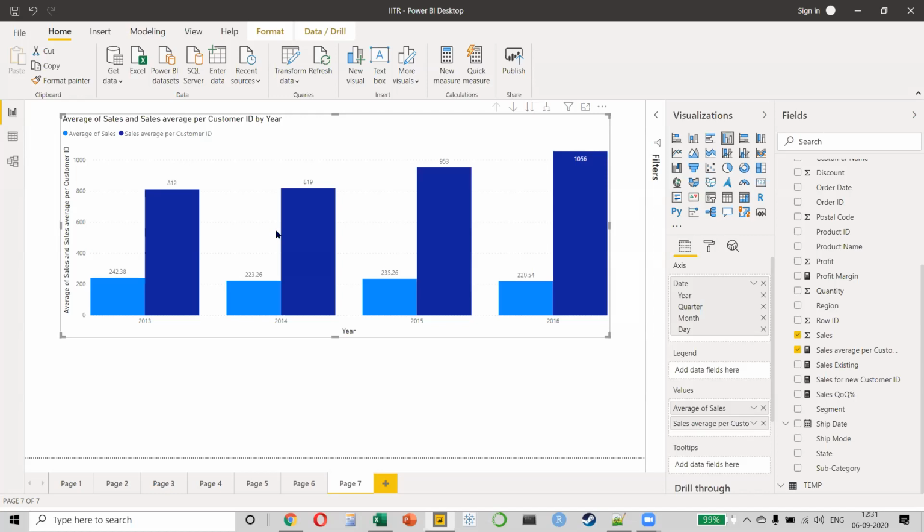Is it clear now? Any questions, anyone? Sorry to interrupt you, sir, but I was about to say, does this also mean that the number of customers is also increasing? This can also be an explanation. I can't. See, that's what I'm saying. Simply by looking at this, how can you arrive at anything? How do you know whether customers have increased or not?